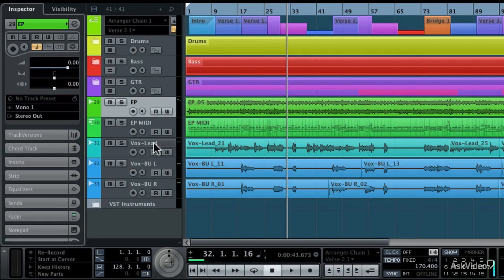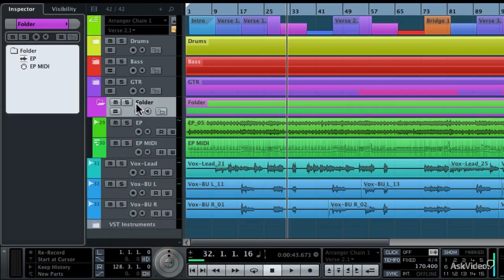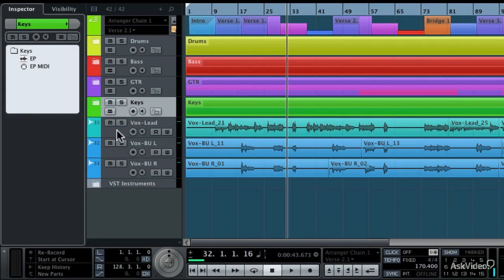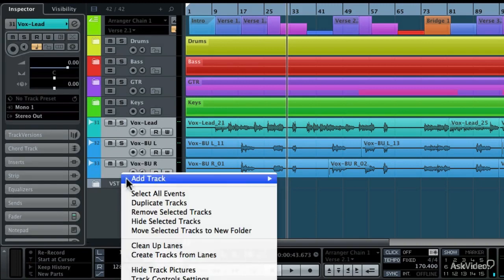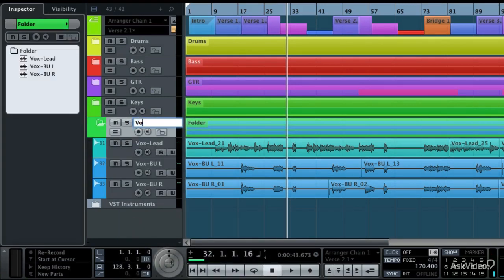Then I'm going to go to the piano tracks or the electric piano tracks, move those to a new folder, change this to Keys, colorize it to the same color, so I'm just going to choose one of those greens, close up the folder. Finally, the vocals. Click the first one, Shift-click the last one, move selected tracks to new folder, change the name to Vox, which is the way that I abbreviate vocals, and then colorize it to one of the blue colors, and then close